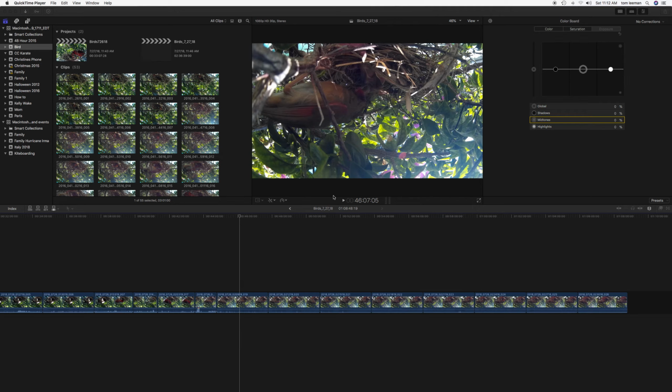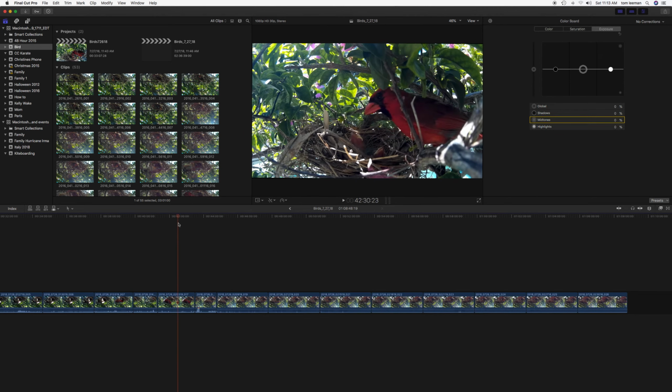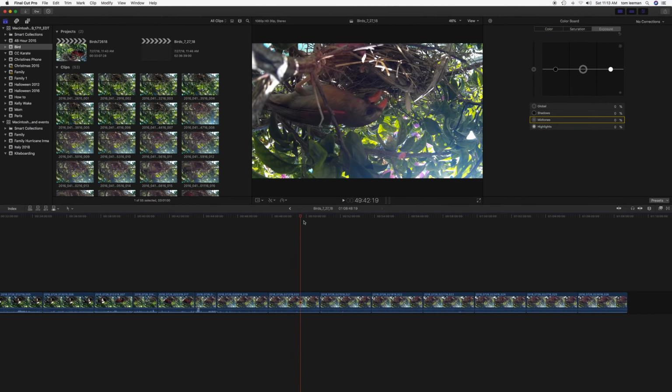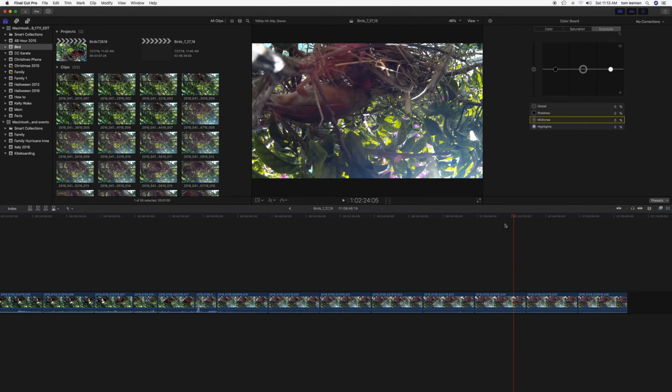Alright, this video is on how to transform a clip or multiple clips in Final Cut Pro 10. Alright, so here's my cursor, and if you look, you see I've already done some here. I have some birds that I've been recording. And as you look, I've got multiple clips that are upside down because I had my camera upside